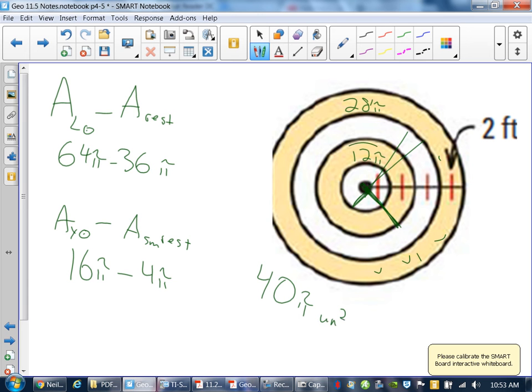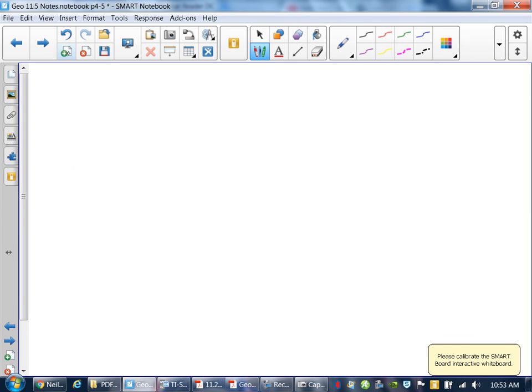What's 12 and 28? Add it together. That's it. That's all that is. You're just finding the two areas independently of one another and just adding them together. Think of this as a problem that looks like this. When you see these,